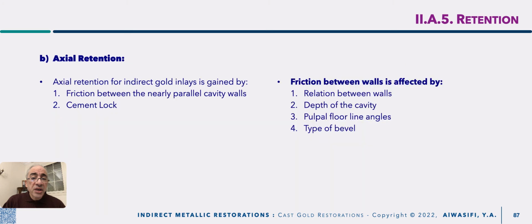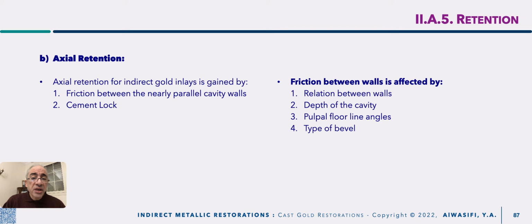Then, axial retention mainly depends on, and could be gained 99% by, the friction between the nearly parallel cavity walls, and let us say from 1 to 5% by the cement locks that seal the gap. Okay, but don't depend mainly on the cement to retain your restoration. The cement mainly is to seal the gap and improve the adaptation. That's it. But it is not that powerful a retentive feature in axial retention or even in